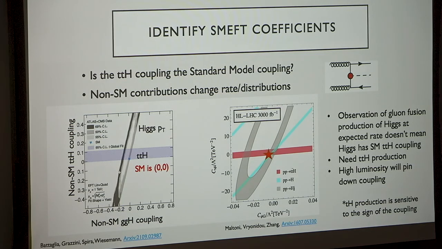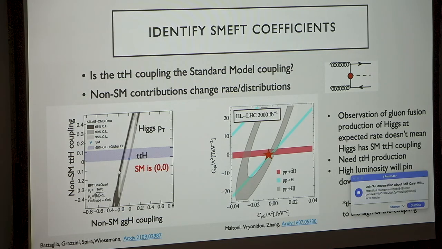So here we go. Here's this GGH coupling, and here's the TTH coupling. And you can see here's the limit from top quark associated production, TTH, only depends on the one coefficient, whereas the glue H depends on a combination. And you put them together, and you see that